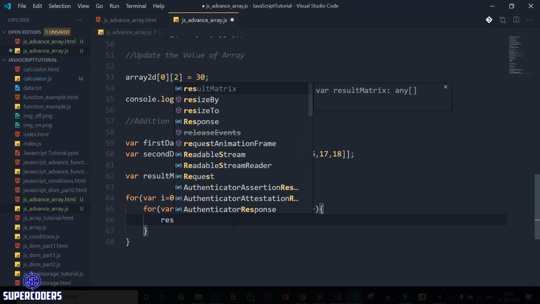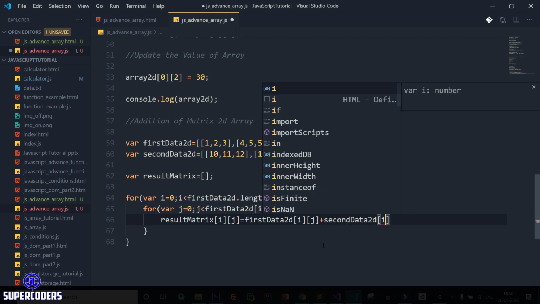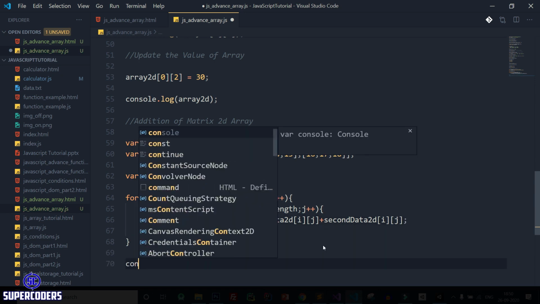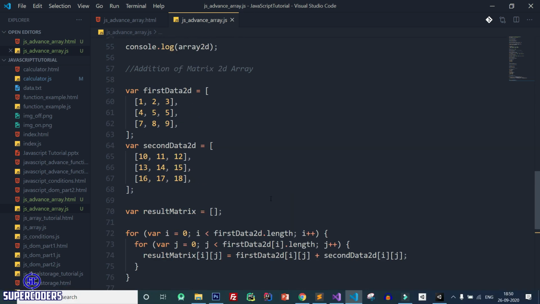So result matrix, first is our row i, then second is j, equal to first data 2D i j plus second data 2D i j. Now let's print console.log result matrix, save it, and see whether it's working or not.